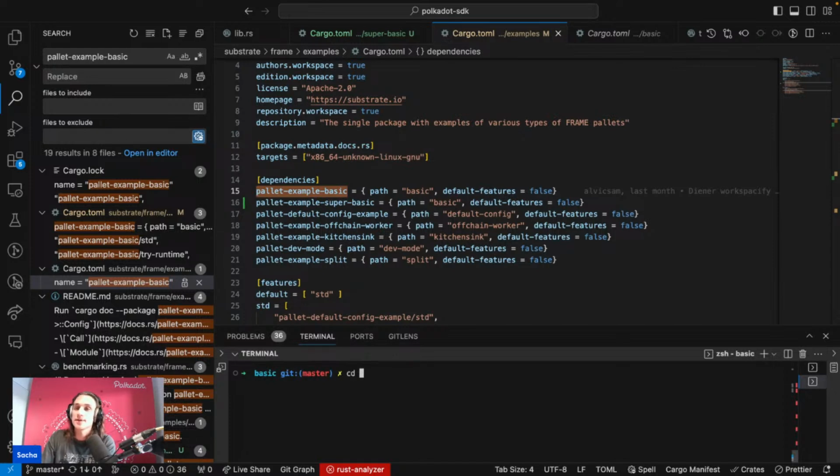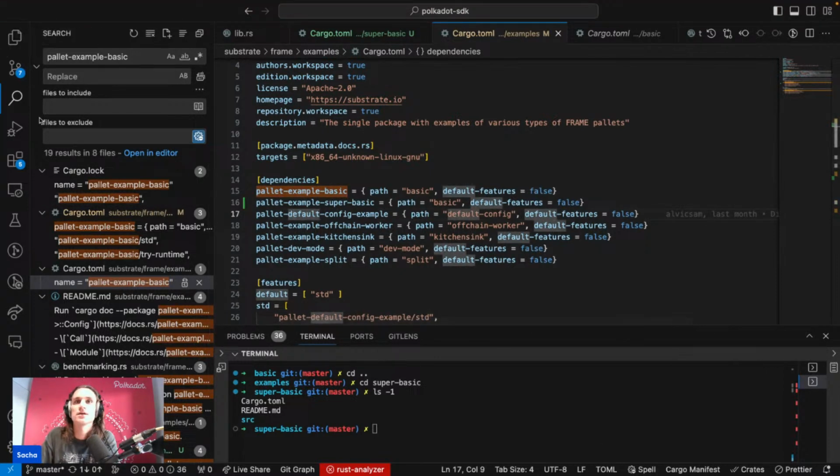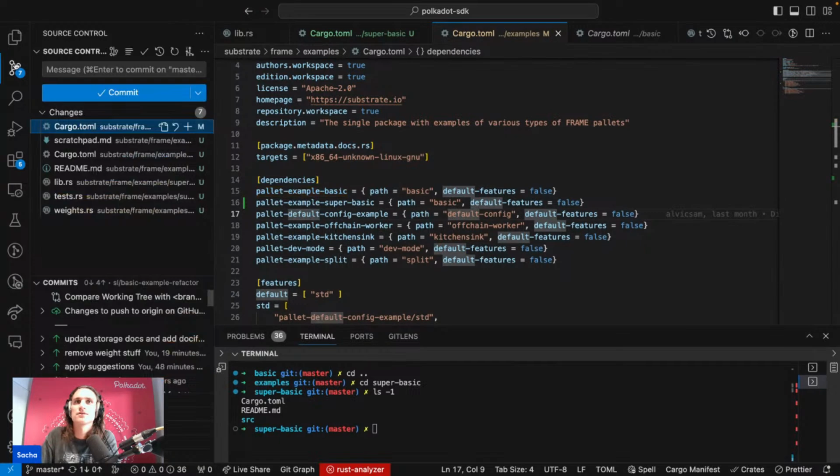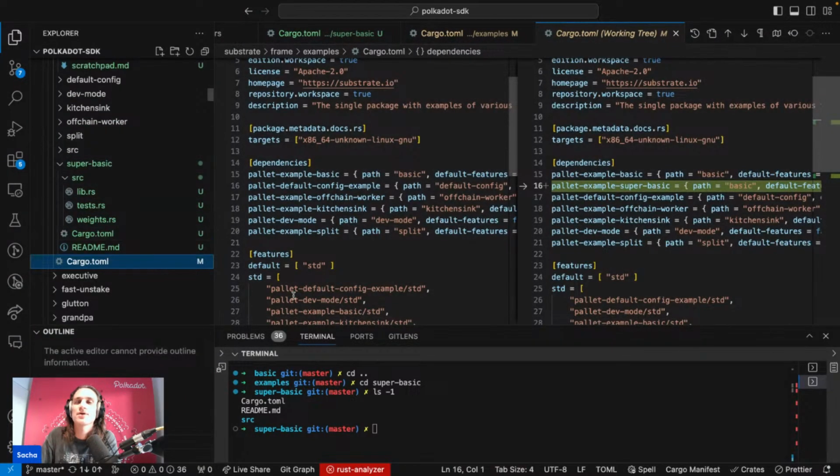Yeah, I want to go into super basic. So super basic, yay! We've got a cargo file, our source, and a README. We just ignore that. Just copied it. Cool. We're gonna ignore this. I'm not gonna commit these changes, but